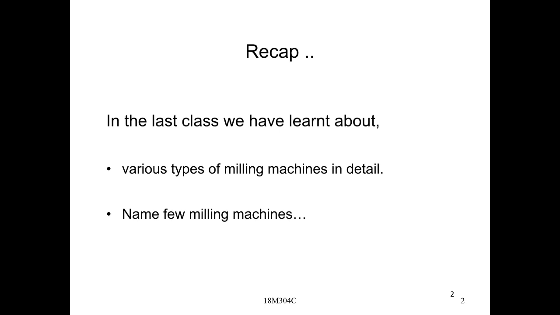And the third one is the planar type of milling machine, just like the planing machine. Already you know about the planers. It is the same type of machine. The workpiece will be placed on the table, and the cutters will be moved in horizontal and vertical directions. Mostly it consists of heads. A spindle head will be provided, and each and every spindle head will have a tool provided for the cutting purpose.